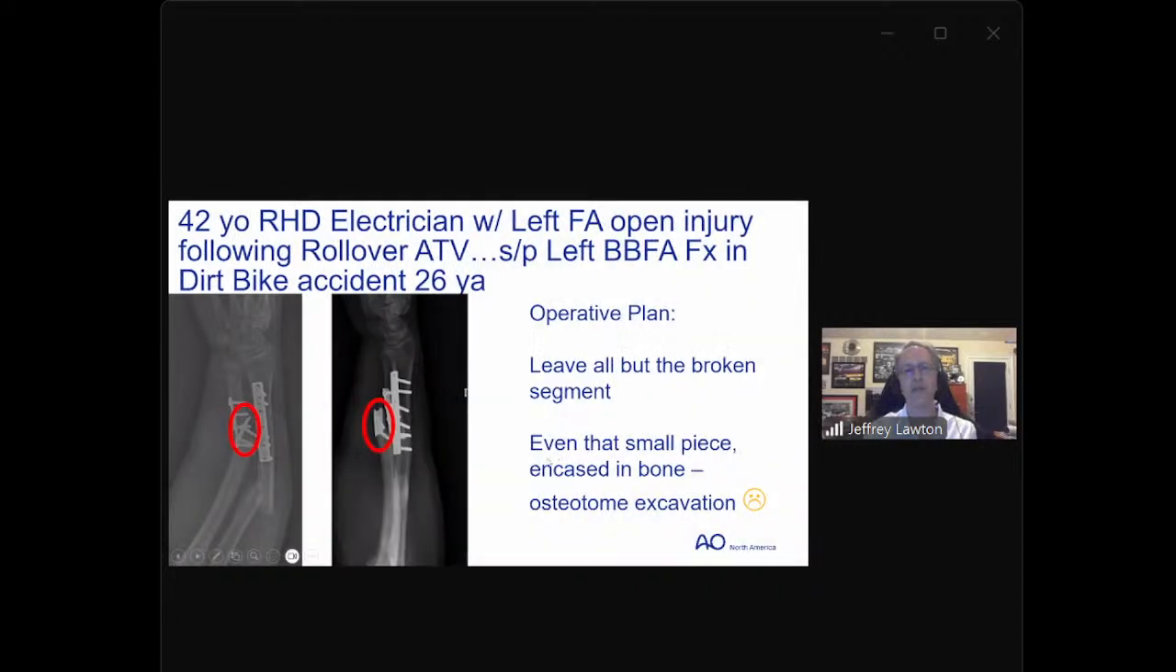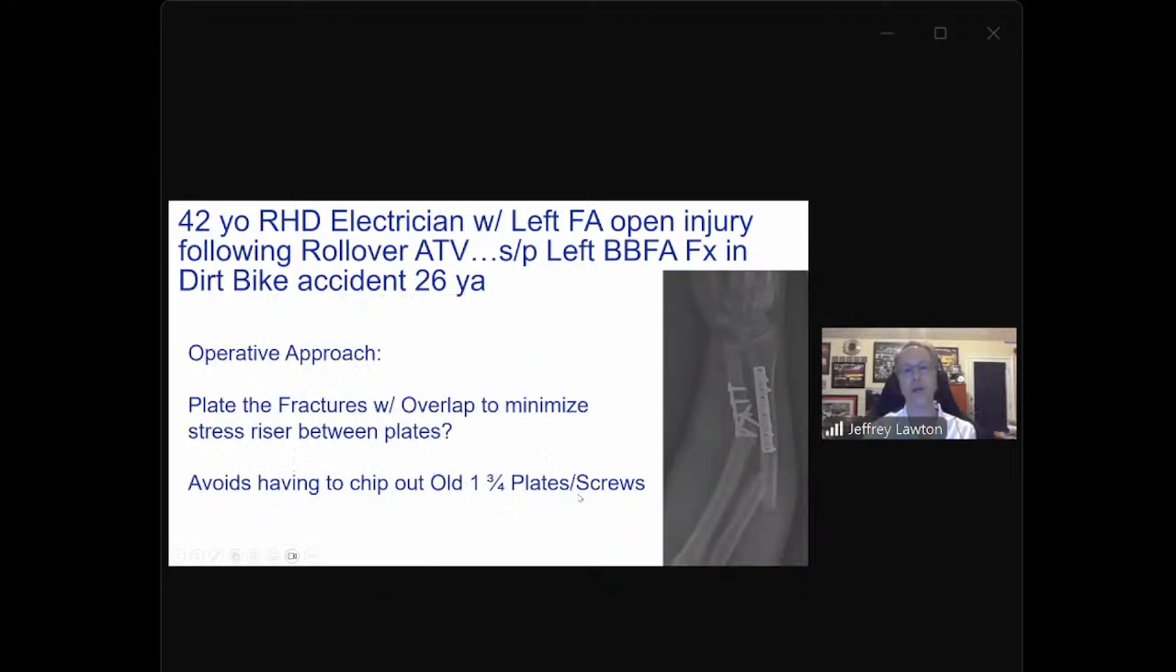It turns out that even that small little piece of that third tubular plate was so encased in bone, I had to use a mini C-arm to even find it and an osteotome to excavate it. So I didn't really want to take out all his plates; it validated my decision to avoid chipping out 1 3/4 inches worth of 25-year-old plates. So I chose to plate the fractures and overlap his previous plates and use a dorsal or Thompson approach to